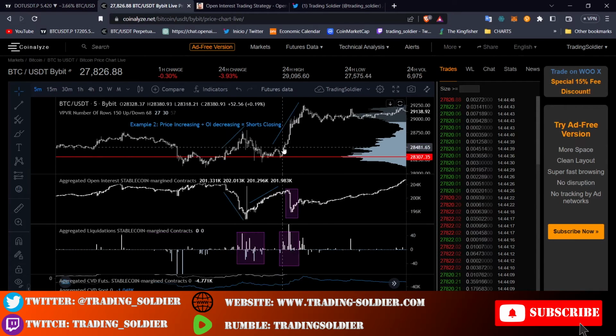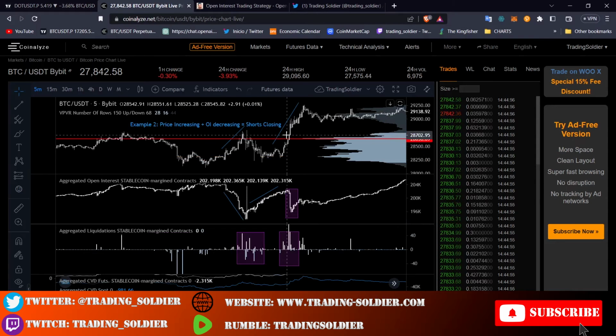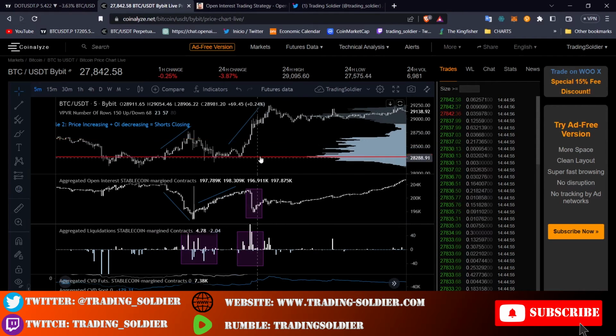So what does this chart tell us right now? The chart is telling us that a lot of shorts are positioned in the market. A lot of people are betting that the price is going to fall. So maybe by manipulation, maybe by a large player that has bought at market price, maybe because of large spot bidding. We don't know exactly in this case,